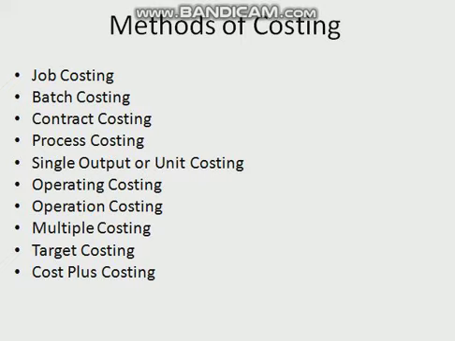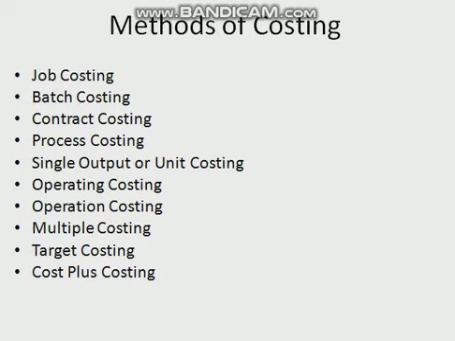The fifth method is process costing. It is a method of costing used to determine the cost of product at each process, operation or stage of manufacture. The method is very common in industries such as chemicals, petroleum, textiles, steel, rubber, cement, plastic, shoes, sugar and coal. Sometimes total cost and cost per unit is calculated at each stage of production for control purposes.